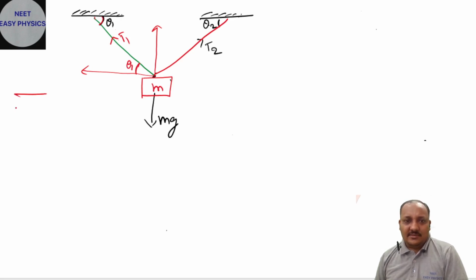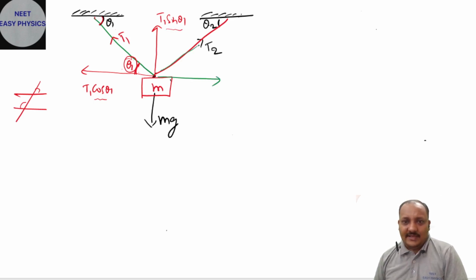Isn't it? In mathematics, you will get this: how the angles are going to be equal. Same like this, theta. So this is going to be T1 cos theta, and this is T1 sin theta 1. Already we said in the basics, resolution of a vector, in the basics of NEET in the first playlist. Which side is adjacent to theta 1? That side should be cos theta. The side which does not have theta should be sin theta. Now, in this case,